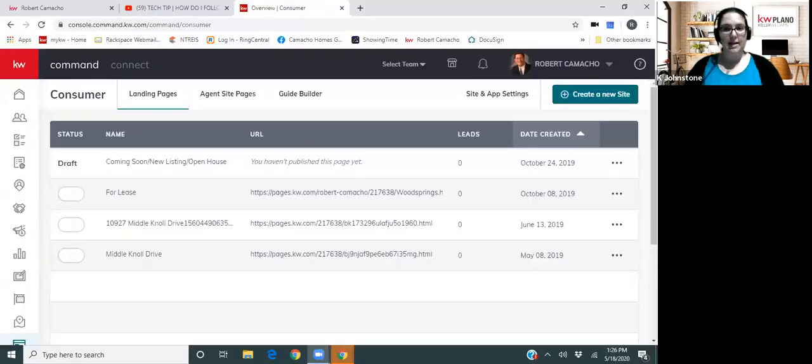Okay. So we're going to go on to making a landing page now. So let me share my screen with you. All right, so I am right now in the consumer applet, which is towards the very bottom of the list. And from here you would go over to the right-hand side where it says create a new site, and you'd click